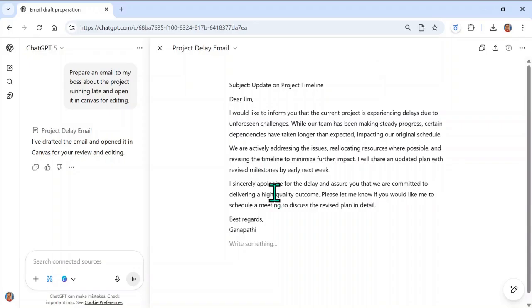This provides a split screen where on the left side you have the chat commands and on the right side you can edit your email. Say dear John, and delays. Say by the